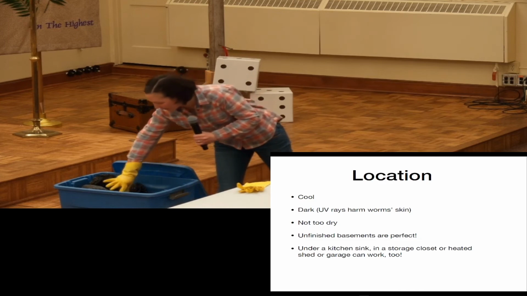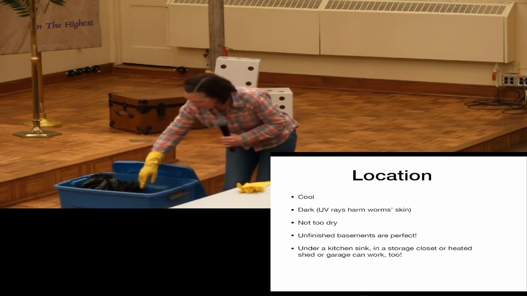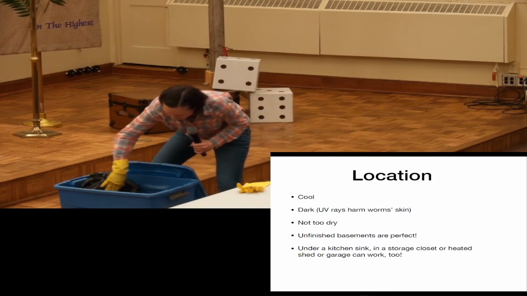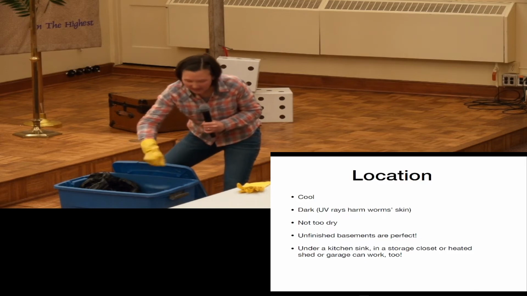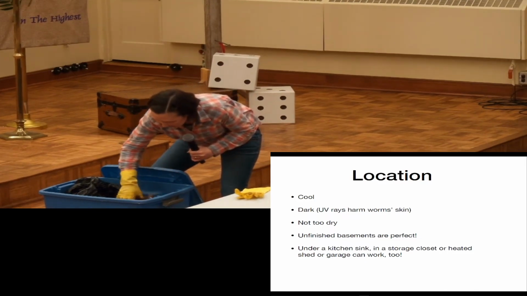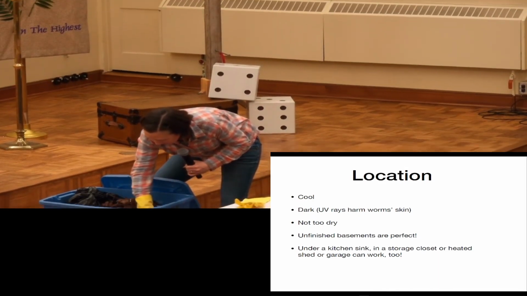But I just want you to see just how easy it is. So when I peel this away, I can see that there's moisture under here, which is good. If there isn't, then I sprinkle a little water on here to keep it moist enough. And I push aside the bedding. Oh, I can see a worm right here.